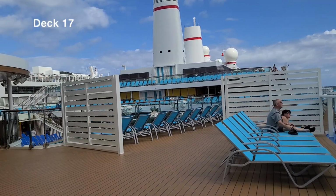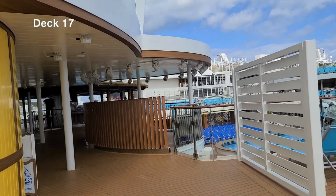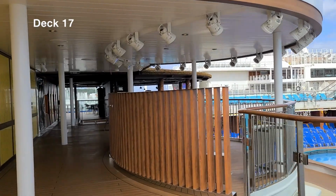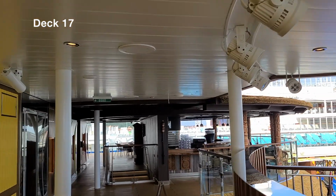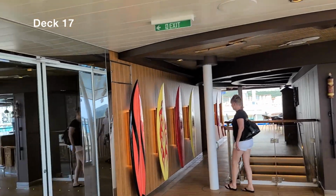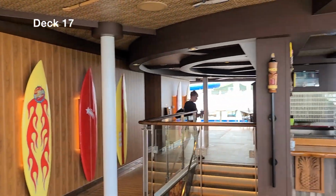Here we go. This is the main area to look down. Right in front of us we have where DJ Q, shout out to DJ Q, the best DJ on the seas. I'm not just saying that. Sorry to all the other DJs, but he killed it. So this is where DJ Q is live from. We have the upper side of the tiki bar over here. We have a lot of cool decor for the tiki bar